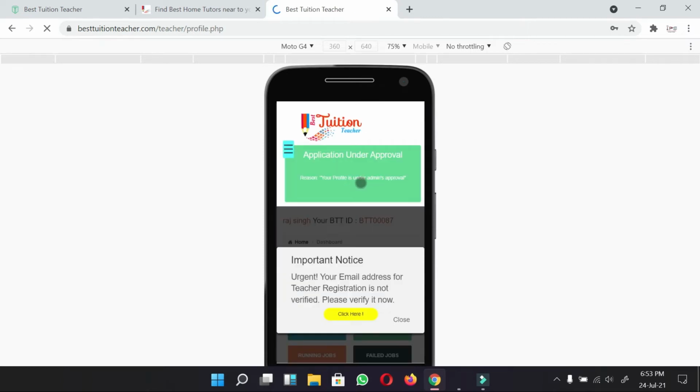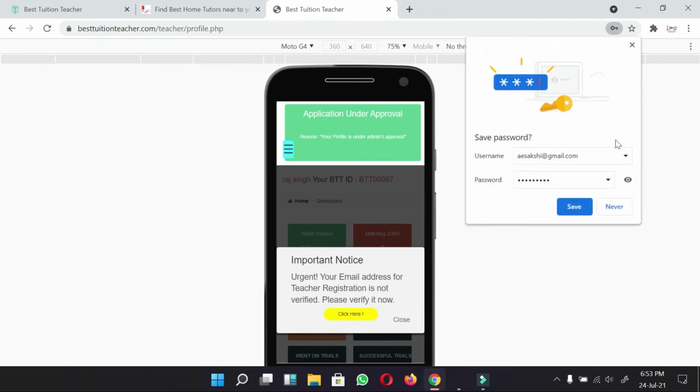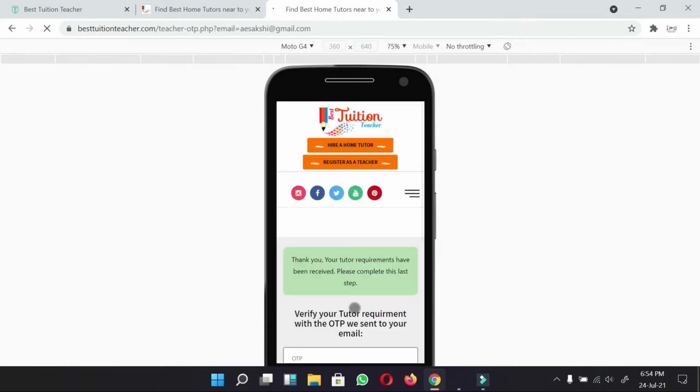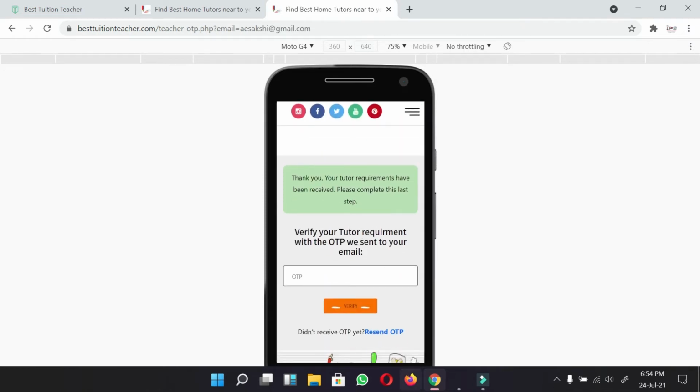Once you log in, you can see here an important notice: urgent, your email address for teacher registration is not verified. Please verify it now. You can verify your email address or profile with click here, and once you click here, you will again see the OTP blank space, and then you have to click on the resend OTP option.